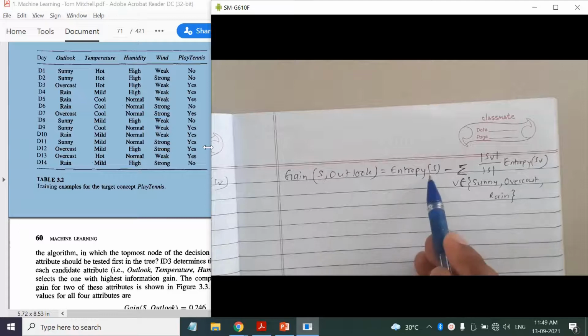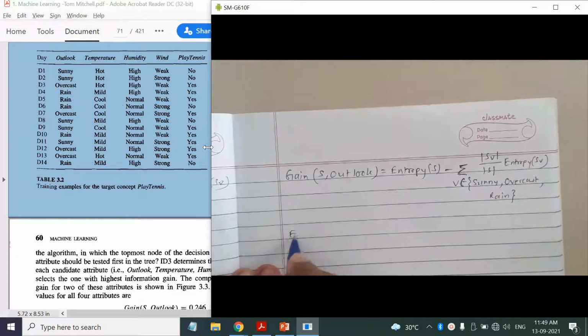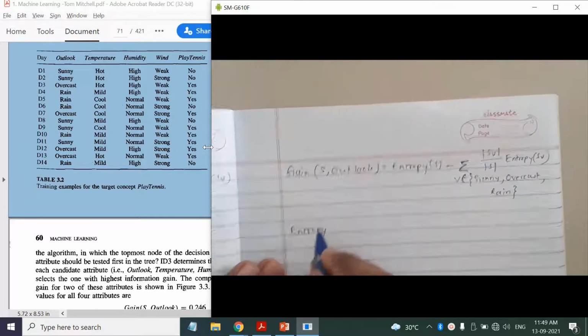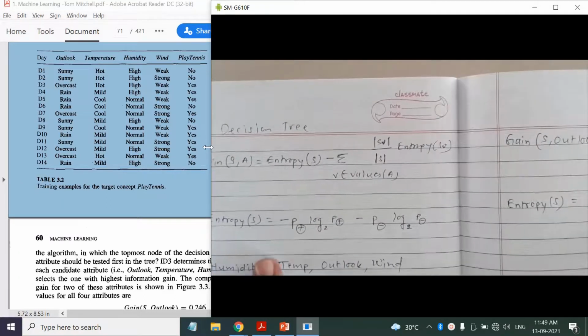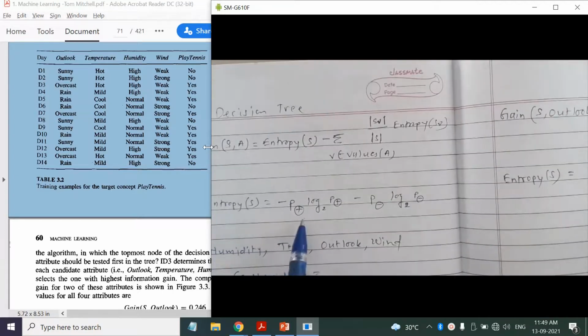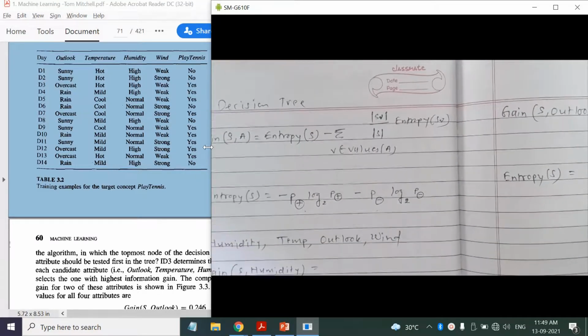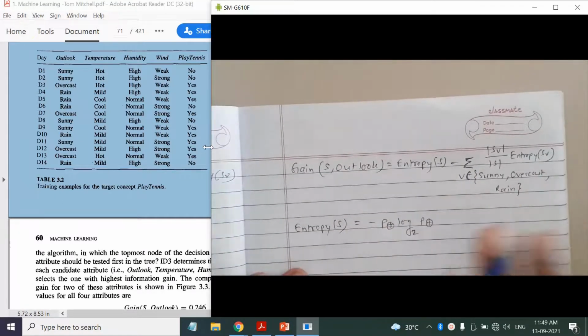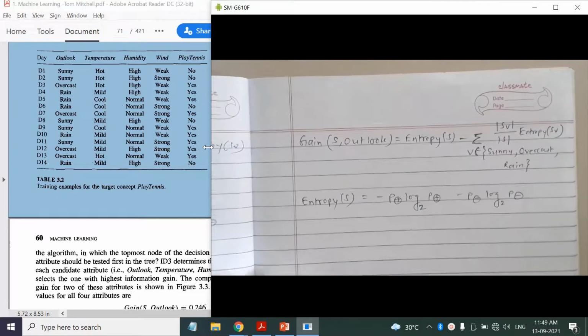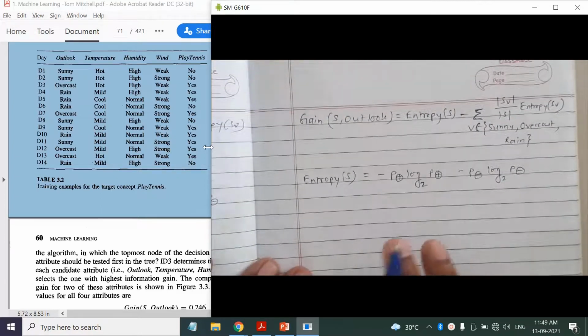First we will calculate the entropy of the entire set. Entropy of S: as we have a binary classification problem, that means you have 2 classes, positive and negative, right? So we write that formula, P plus log. Once you solve 2-3 problems, then you will remember these equations. This problem will be asked for 10 marks, and it will take around 15 to 20 minutes to solve.